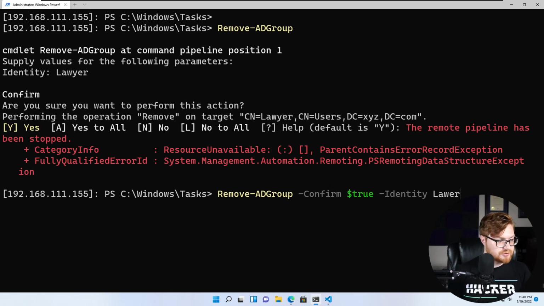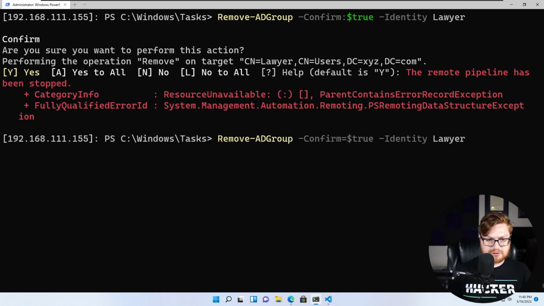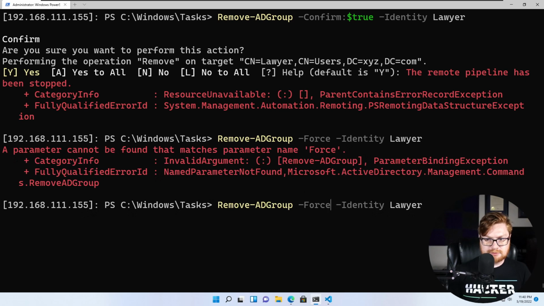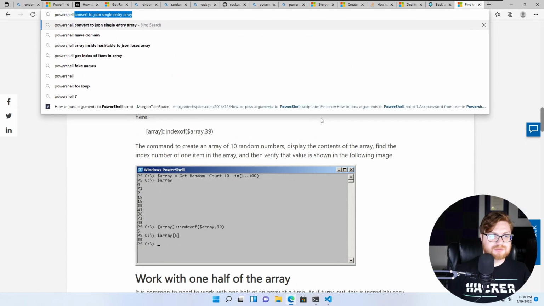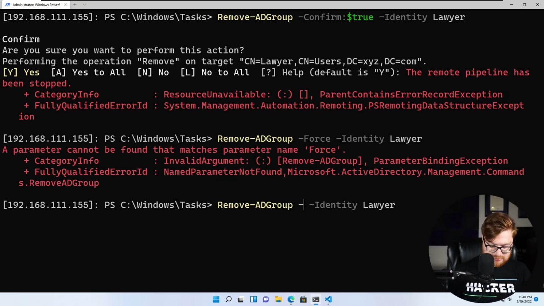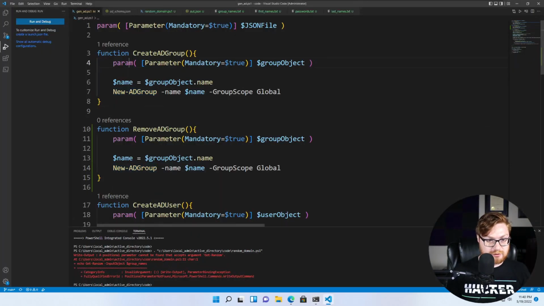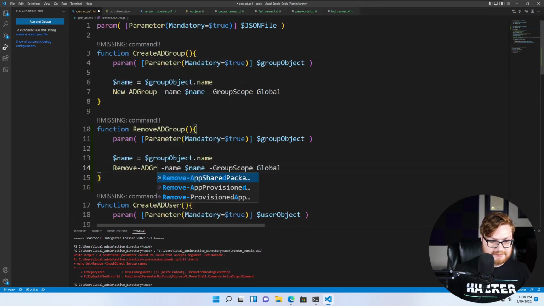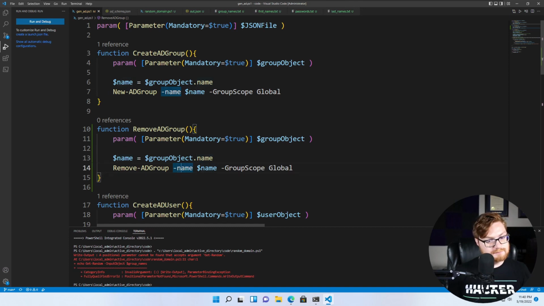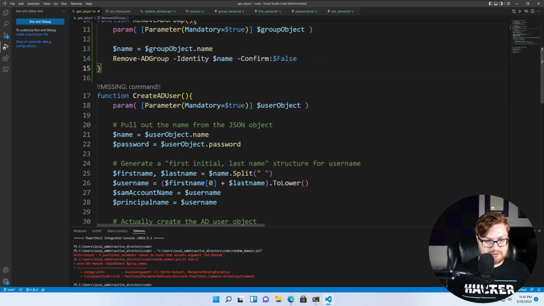And the identity, which we can say lawyer. Do we need a colon there? I do. Equals? No. Or force? Maybe that's it. Why? PowerShell skip confirm. Confirm : false. Oh. So we just have to tell it no, stop asking. Okay. That's fine then. So our code to remove AD group can be Remove-ADGroup, and based off of identity being the name and confirm : false. Perfect. Now we could do the very same for AD user,